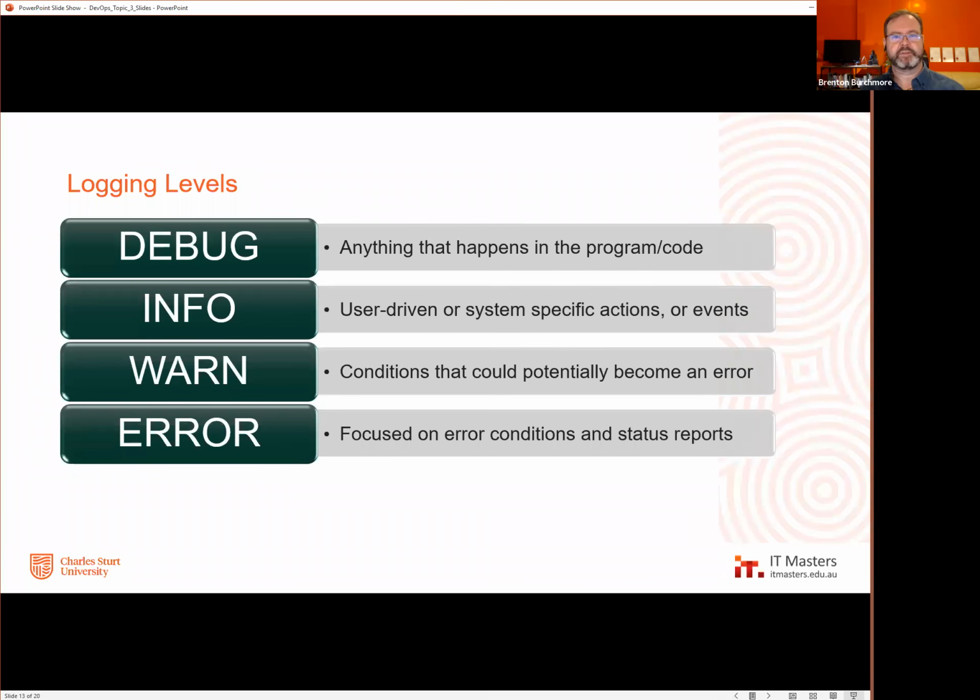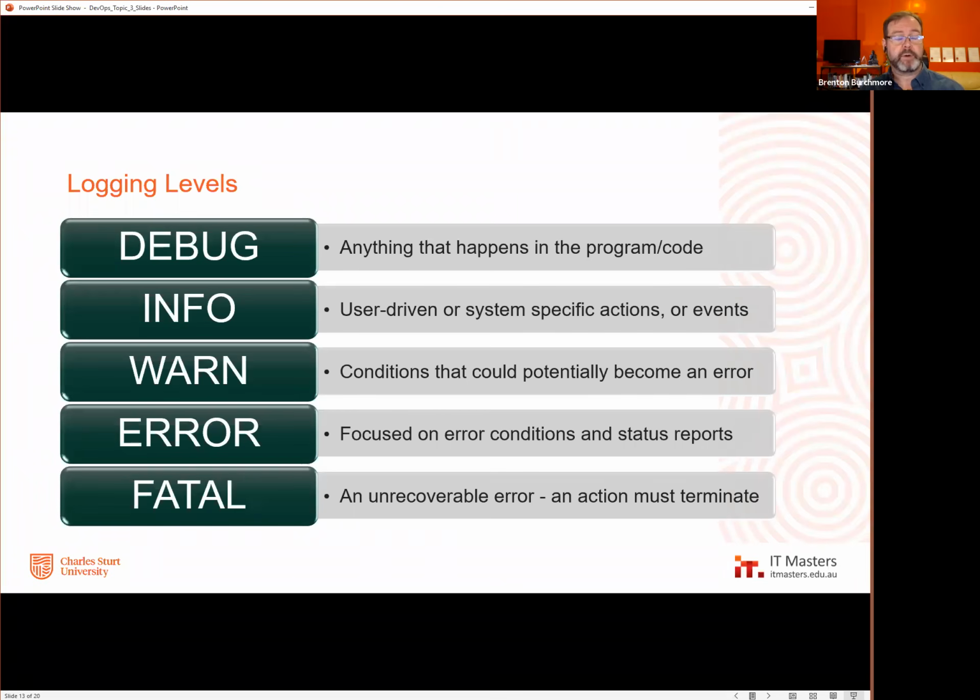But some piece of it had a problem. We might have a try again. It might be a process that can simply retry. Or it might have an unrecoverable error. Fatal logging levels are things where something had to stop. Some action had to terminate or be terminated.